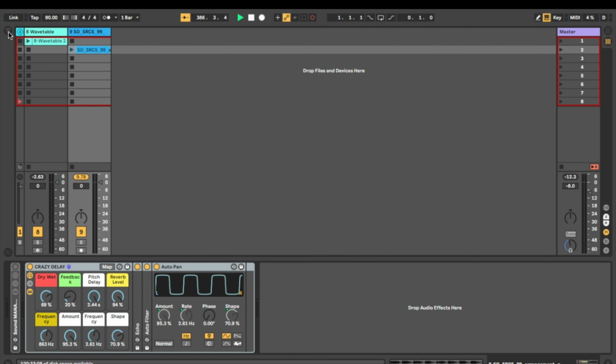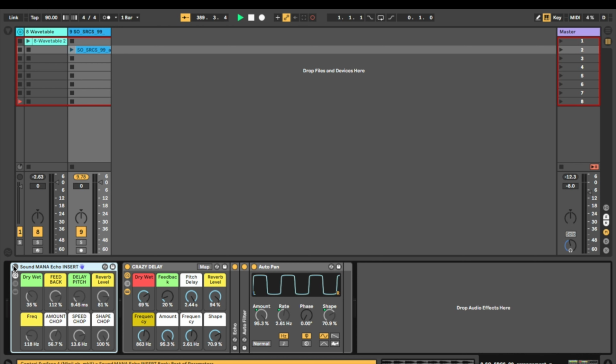So that concludes this tutorial on building audio effect racks. And the goal of this isn't for you to replicate. I mean, yes, you're going to go through the steps of building what I have offered. Of course, you can download this and use it yourself, the Sound Mana Echo insert. The goal is to hopefully start experimenting and building your own audio effect racks that you can use in your productions and live performances. So experiment, put things together, map parameters to macros, have fun with it, and trust and